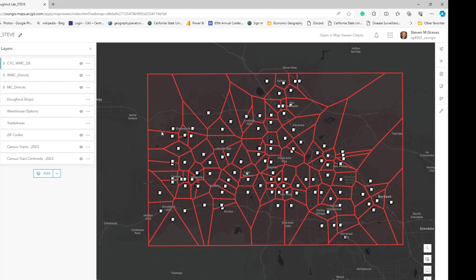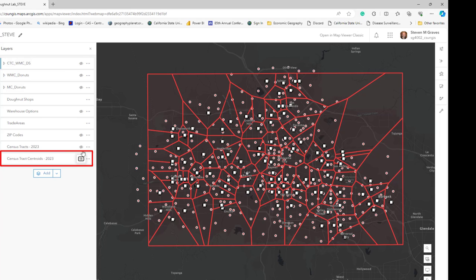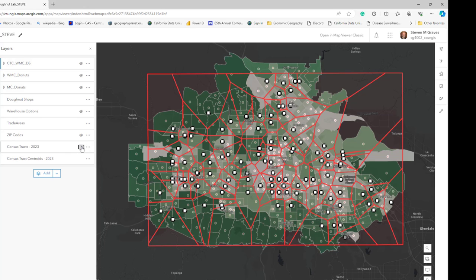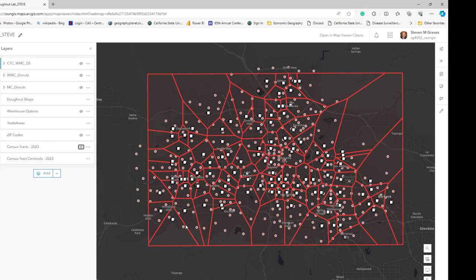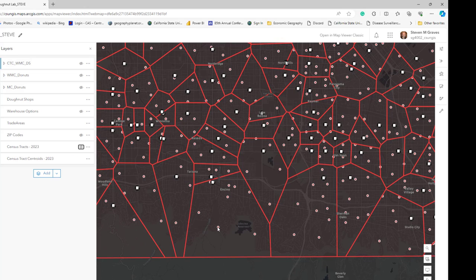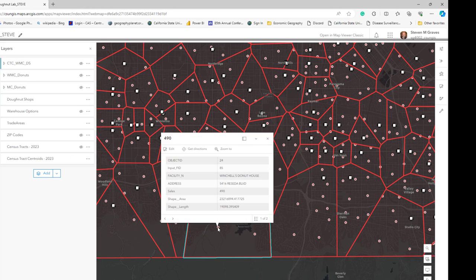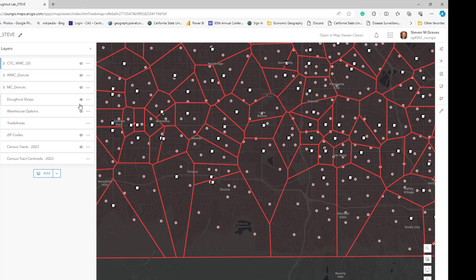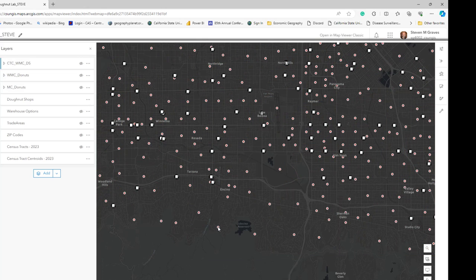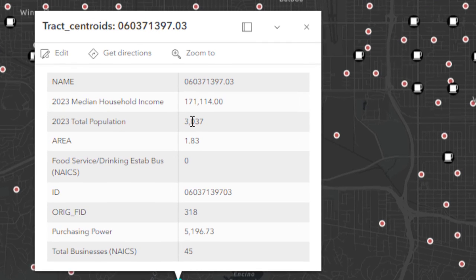In order to do that, you will turn on the census tract centroid layer, and again, that represents just the center point, the geographic middle of the census tracts. And so if we zoom in and click on one of these census tracts, here's one down in Encino, we have to turn off the trade areas. It will give us demographic data about that census tract. It's the exact same thing, and the things we're going to focus on are the income and the total number